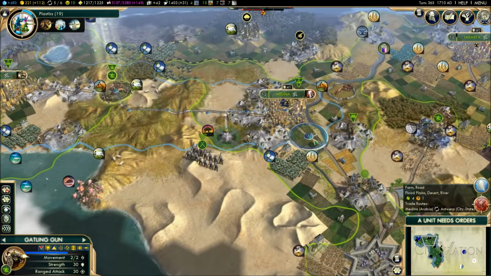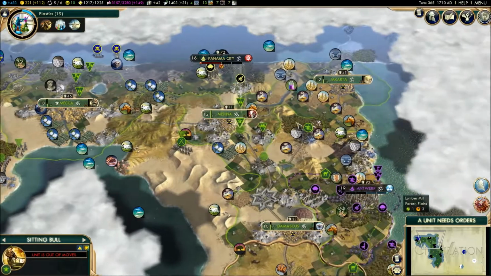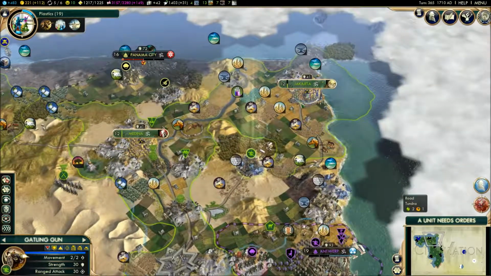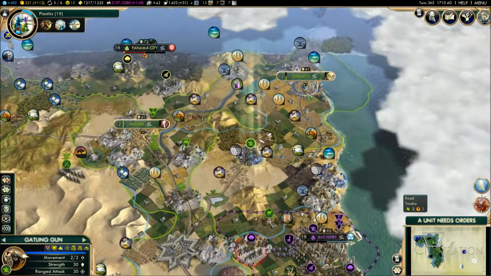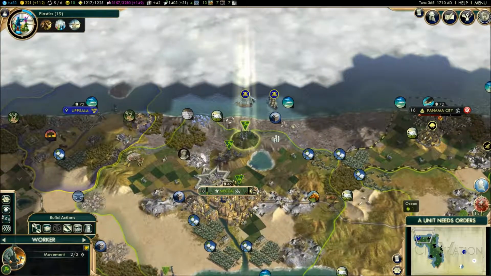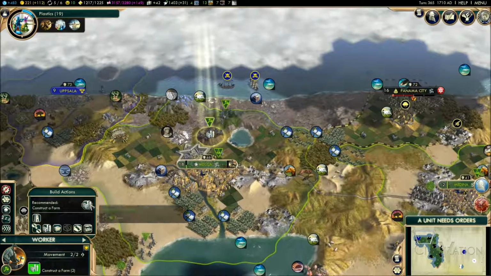We're probably not gonna need these units for the Maya. I don't want to pull away from Jakarta. I'll just leave it here. Yeah, because he's pulling his navy around. I mean, he's not at war with us, but...